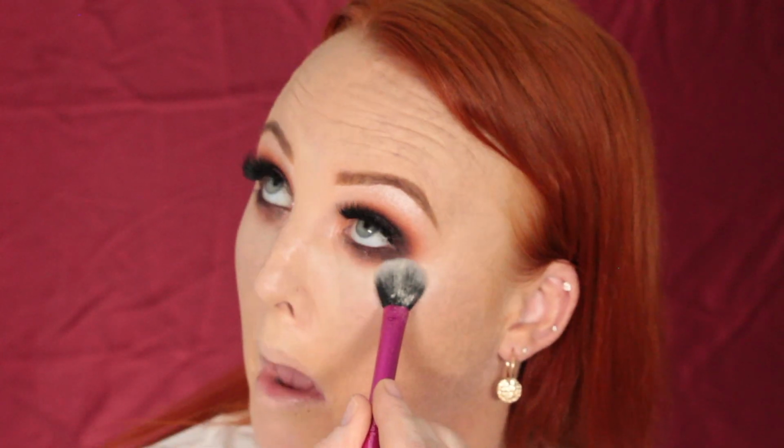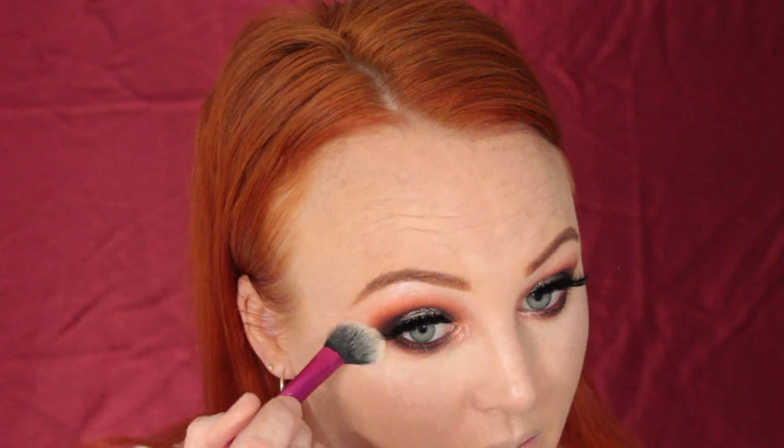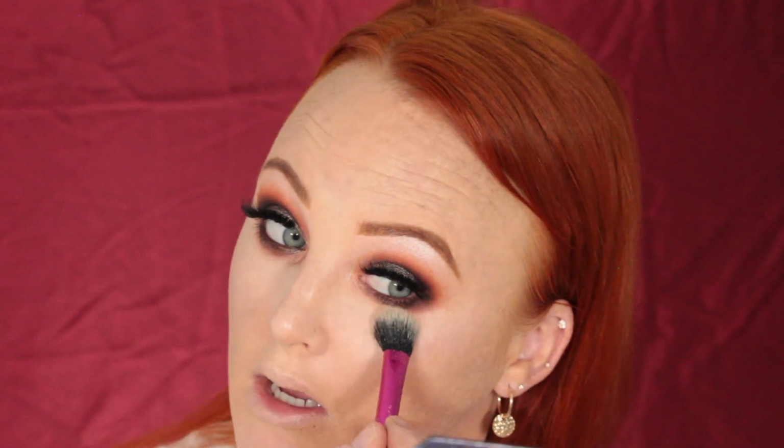So I'm just going to take my Real Techniques setting brush and just pick up some of that powder in the lid and go in and set my under eye area, which is quite hard to do when you're not actually looking in a mirror. So I'm just going to set the places where we place the concealer, underneath the eyes, and also down the